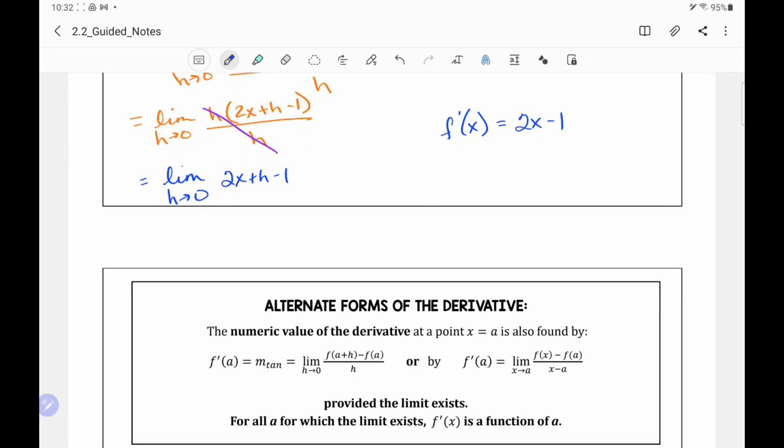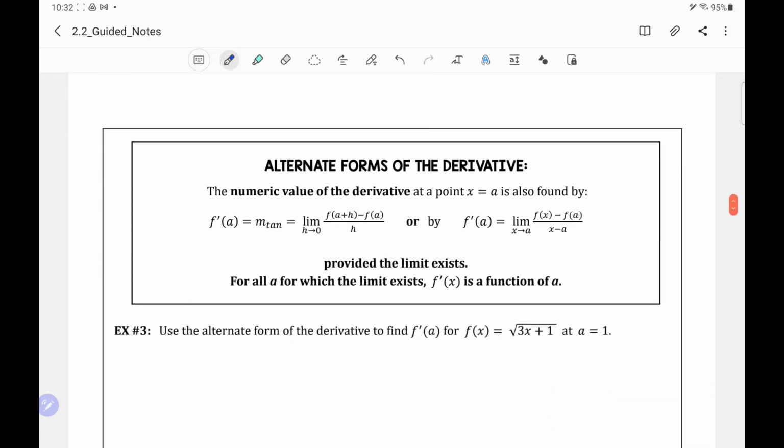Alternate forms of the derivative. What you're going to see here is that we have 2 different formulas that look very similar to the limit with the difference quotient, but they're slightly different. Look here. The numeric value of the derivative at a point x equals a. This is what makes it different. At a point x equals a is also found by f prime of a, or the slope of the tangent,